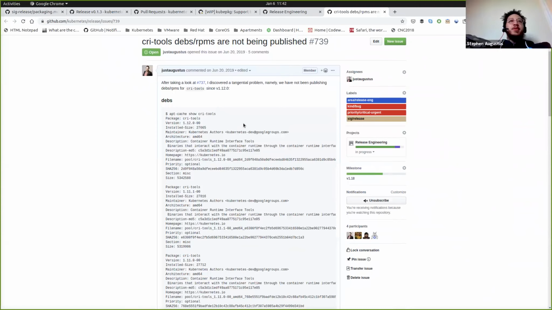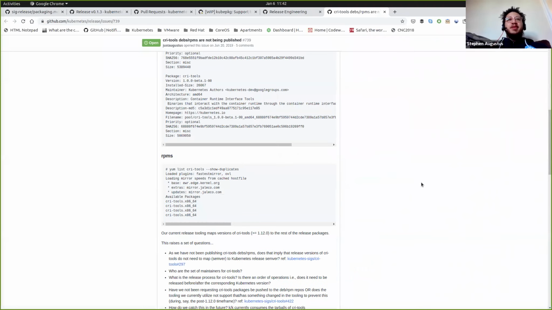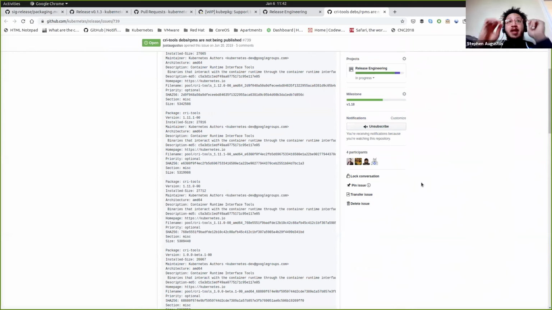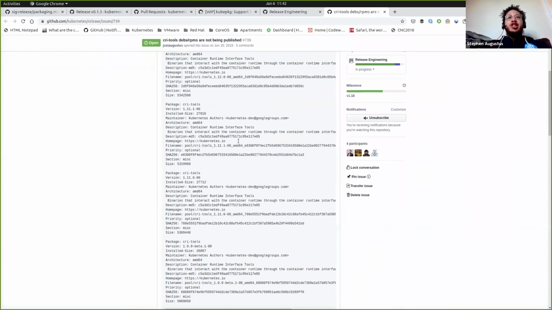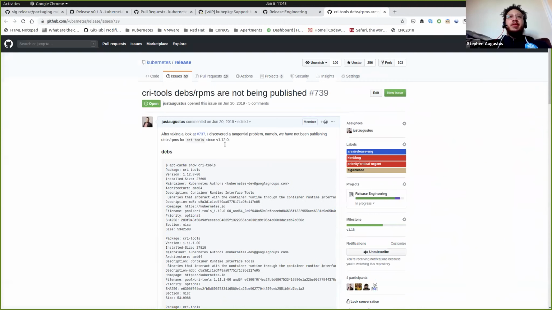Yeah. So definitely, if anyone has been following the continuing attempts to upgrade CNI across the packages, or the fact that the CRI tools are not being published currently since 1.12. So basically new versions of Kubernetes, so 1.17, it's basically pinned to 1.12 right now. And this is something that has been ongoing because, essentially, the way our tools are built today, we don't have a way of easily changing the version that we're going to build for. It's going to build the